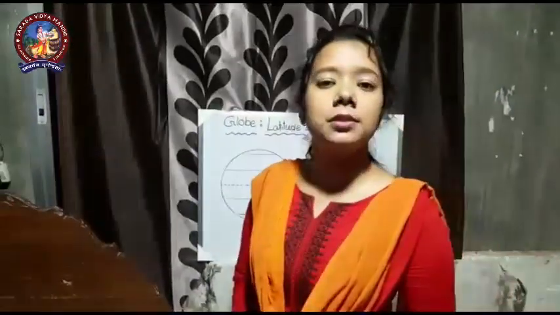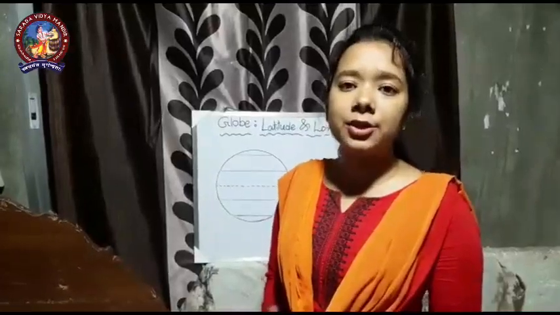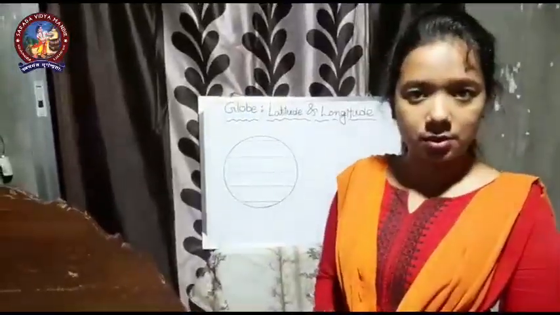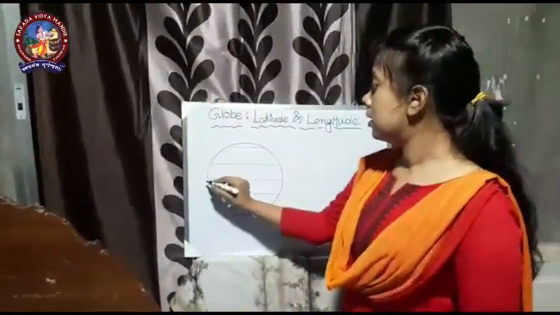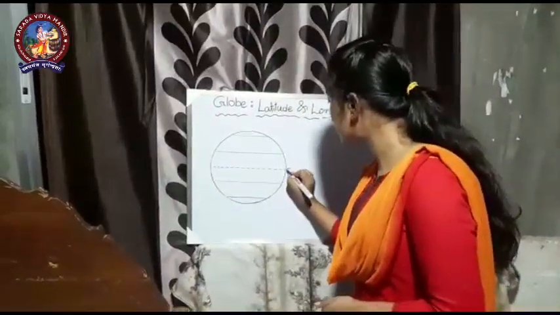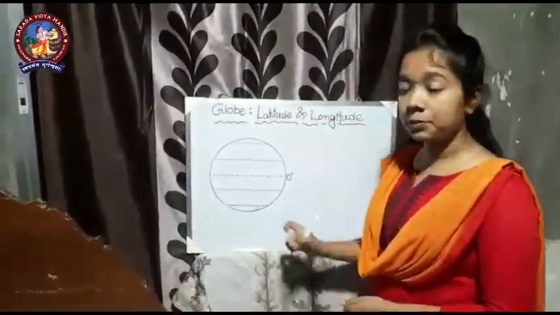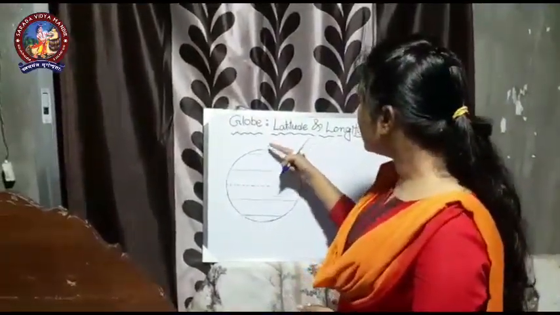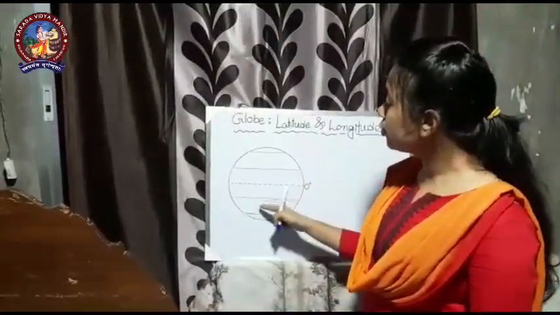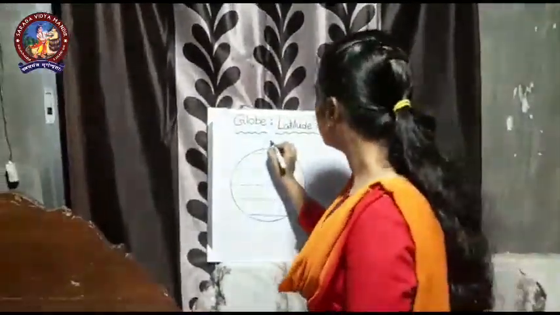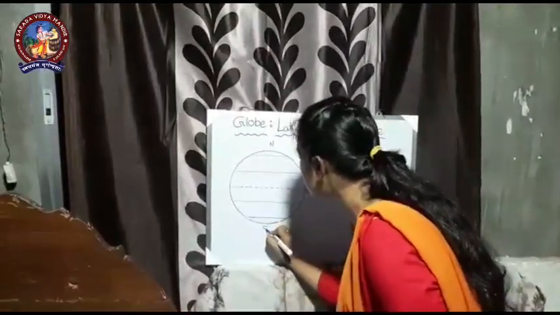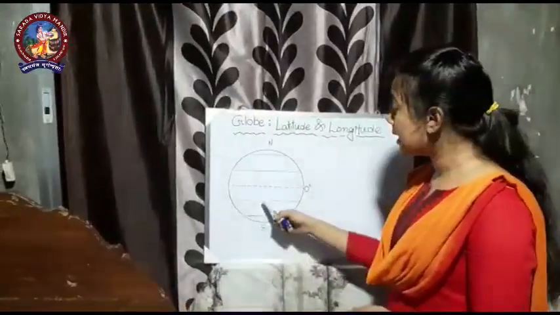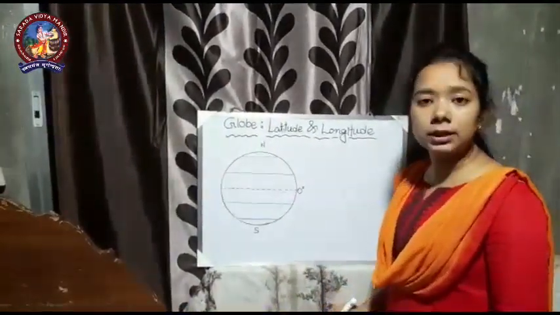First, we need to know what is latitude. Latitudes are the imaginary lines which are drawn in east-west direction. Okay. Equator. The latitude equator which is at 0 degree. It's more significant as the equator has divided the entire globe into two equal parts, that is north and south, the north portion known as the northern hemisphere and the south portion known as the southern hemisphere.